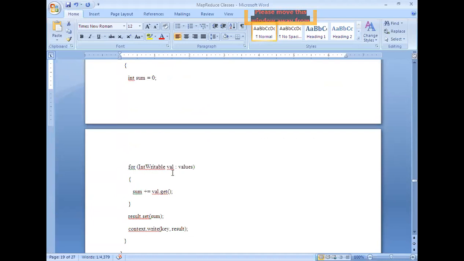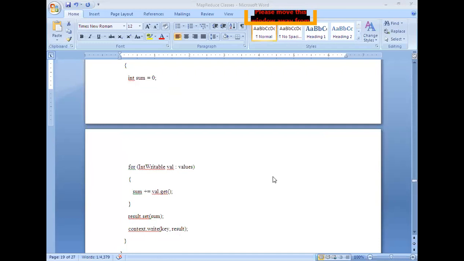Now let us see: for IntWritable val in values, sum plus equals val.get. That means we simply add one after another, and finally produce the result with result.set of this sum. So finally, what are we supposed to write?